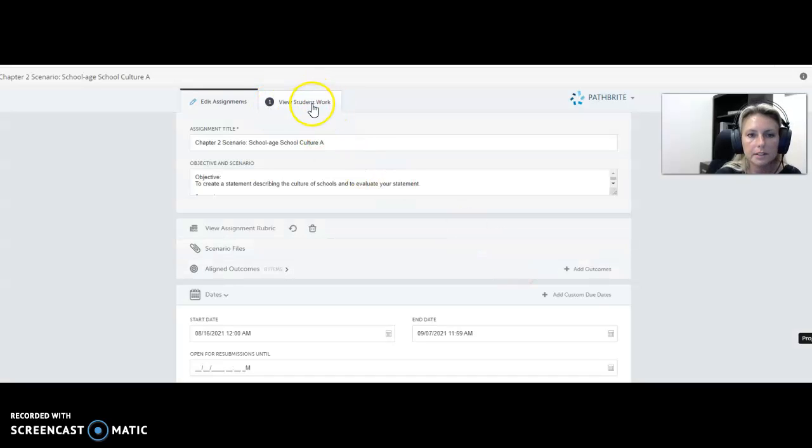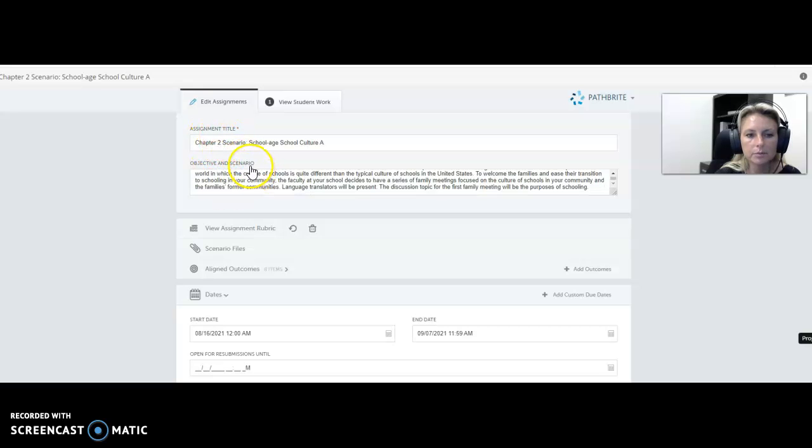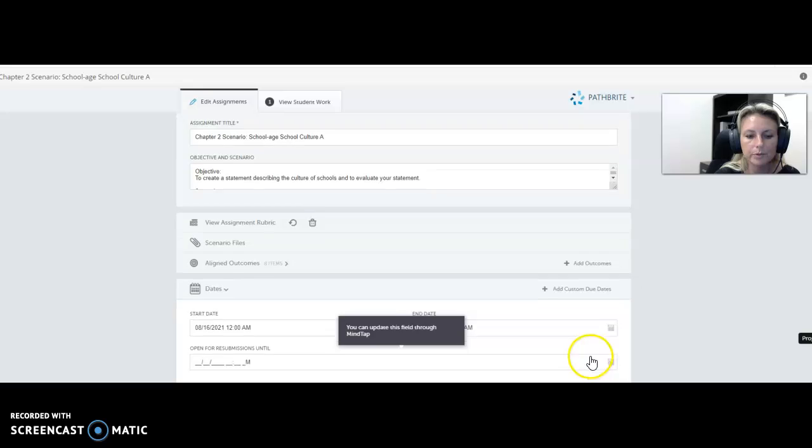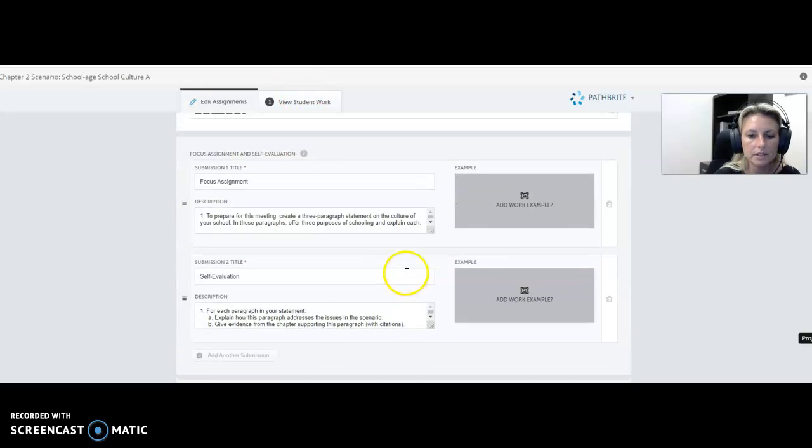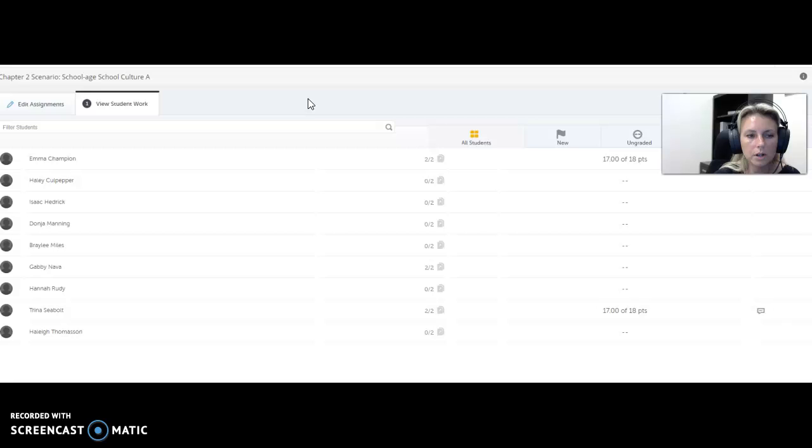Okay, then up here it says View Student Work. And it's good to just remember what the assignment was and what they're supposed to be doing before you even get in there, so you can review all this stuff. Then you click on the student work, and you see the difference, so you know that Gabby has finished her work versus Braylee, who has not, because Gabby has 2 out of 2, that means completed, and Braylee has 0 out of 2 completed. So I'm going to click on Gabby,